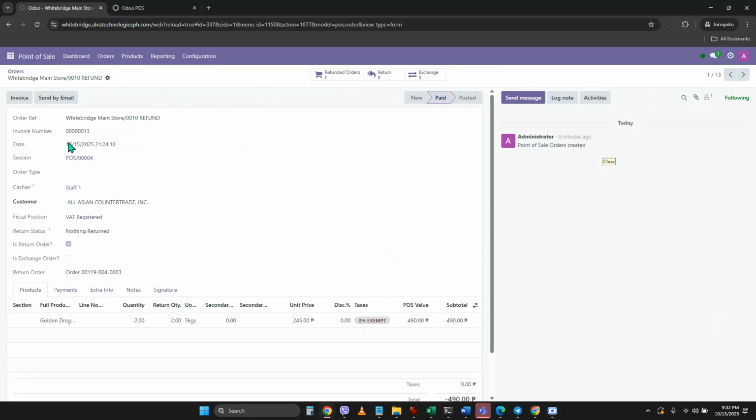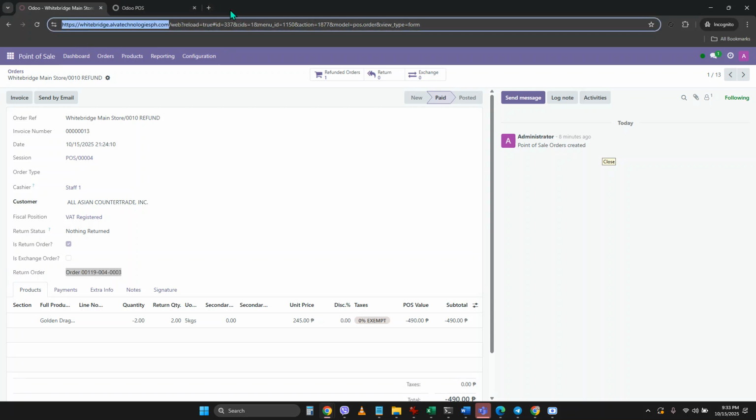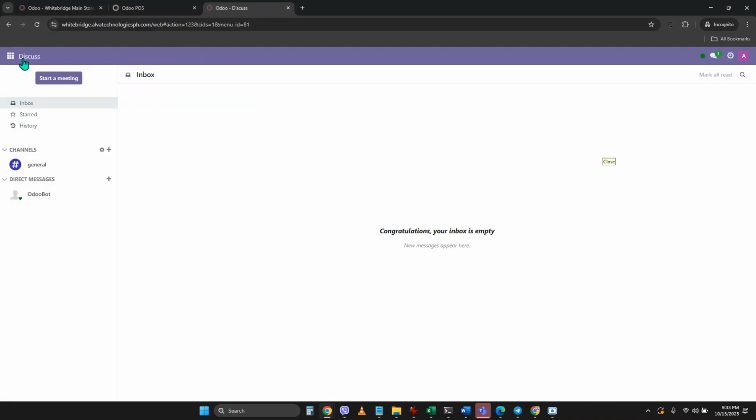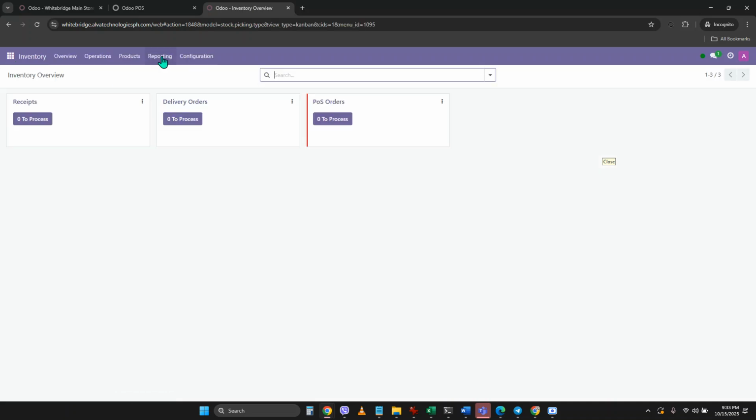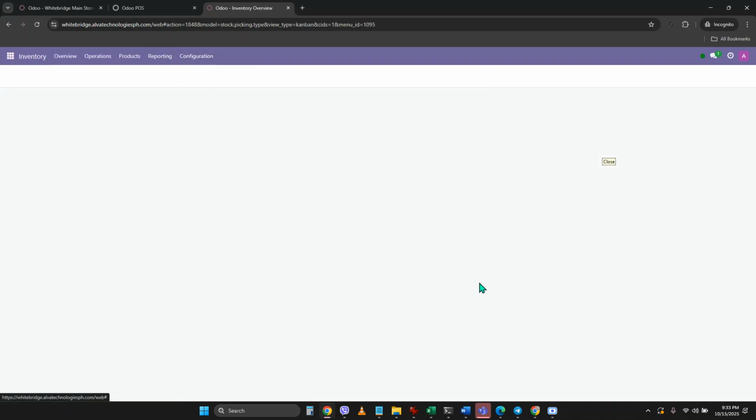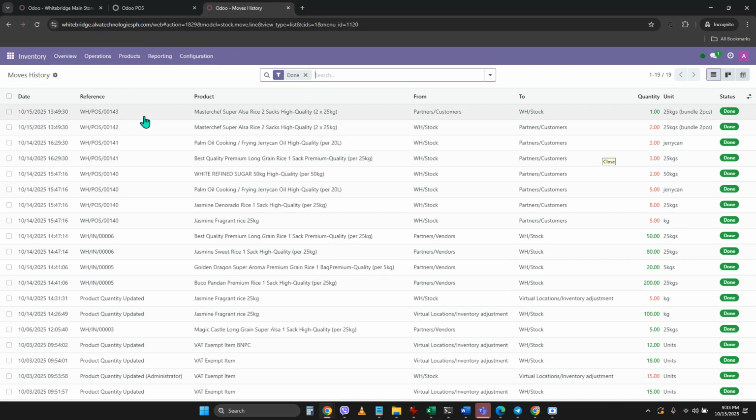So we will just add a tagging for the refund and also a tagging for the return order. This one just refers to a system generated return order. So this might need a reference for the inventory moves history. So for this one, for the return document,